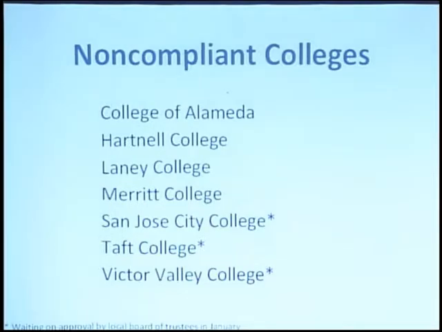Unfortunately, there were a small group of campuses that did not make the final cut. And so I wanted to alert you that we do have some campuses that did not meet the goal of having 2 degrees by the end of the year. The ones marked here with an asterisk mean that their second degree has been to their local board, or will be to their local board in January. So it will be coming for final approval sometime in January. So there are 3 more that we can take off the list fairly quickly in January.